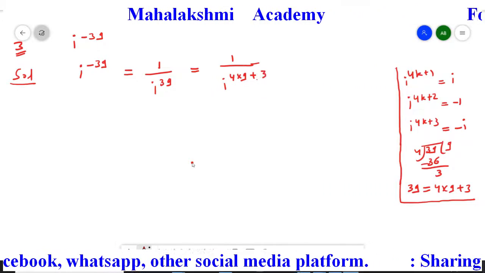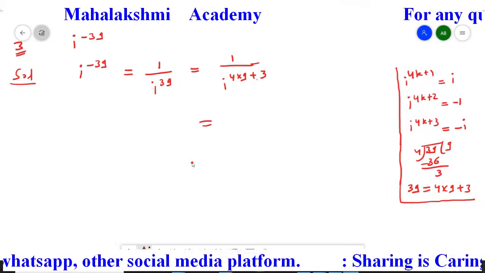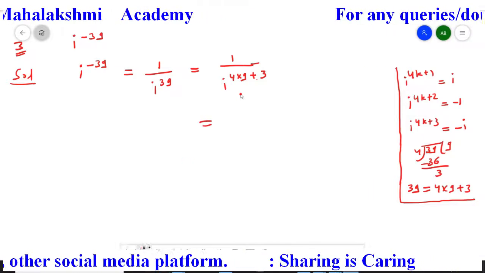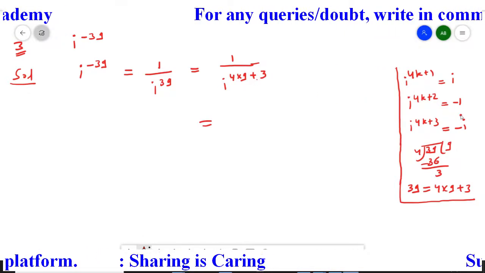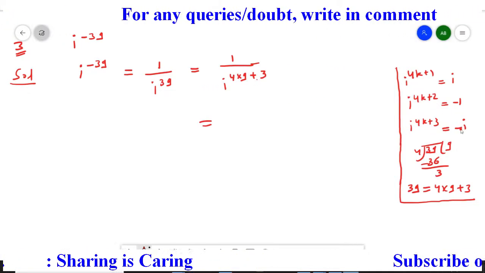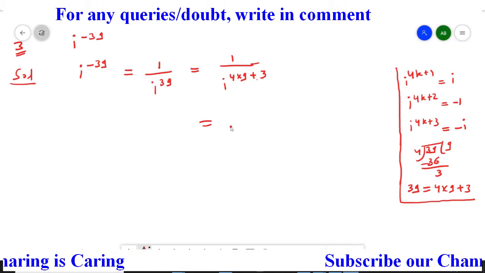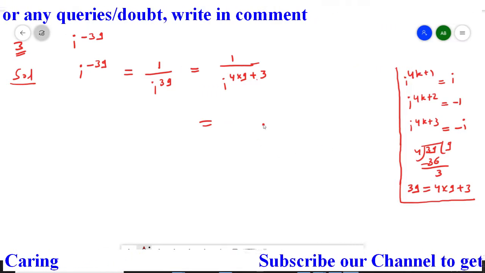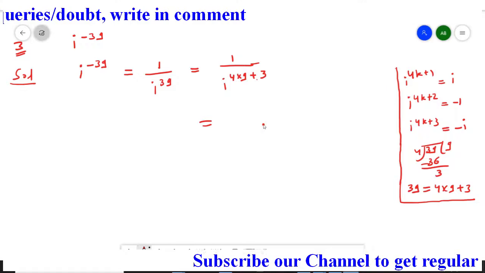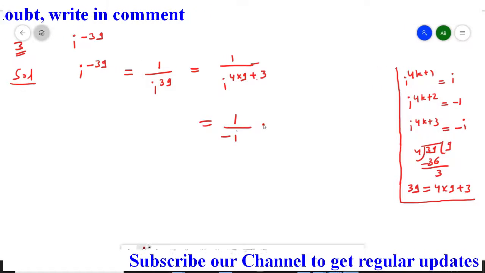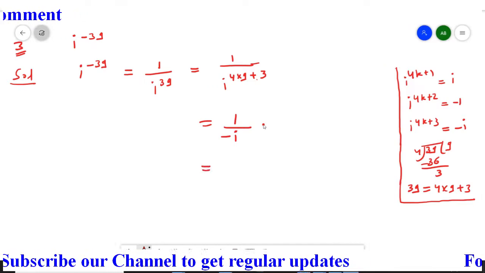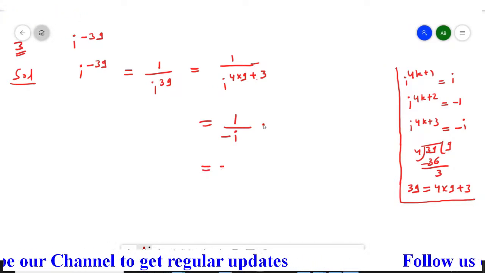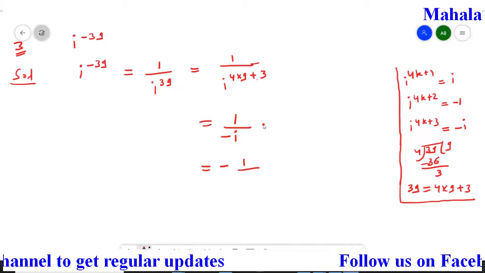Now, this iota power 4 multiplied by 9 plus 3 resembles this formula, and its value is what? Minus iota. So we'll write down here minus iota. So it's going to be 1 upon minus iota. Now here you just rationalize the denominator. When you rationalize the denominator, this minus sign will shift to the numerator, and 1 upon iota